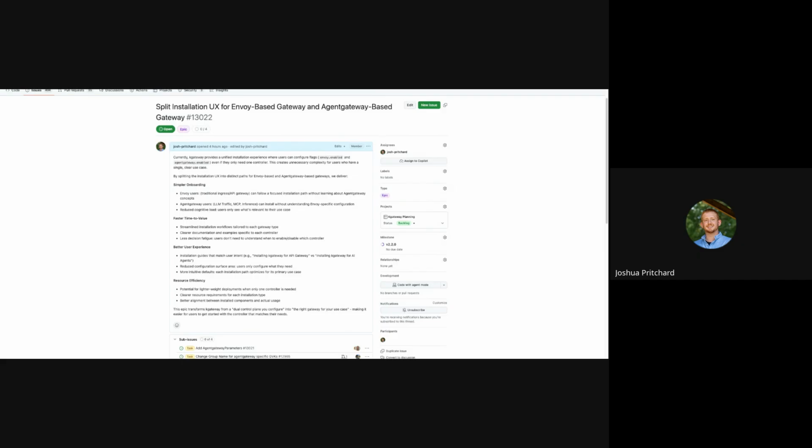The Envoy side, to be clear, we're not making breaking changes there. The charts are going to still be compatible. Those APIs, the only thing that's breaking on those is removing Agent Gateway specific content from them. So